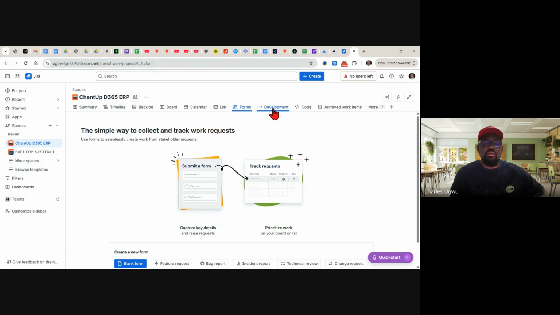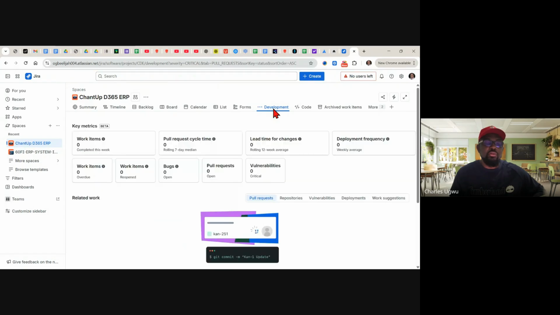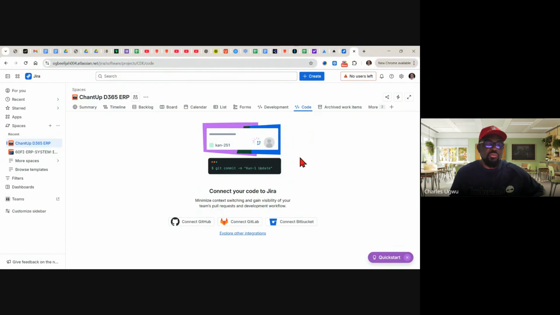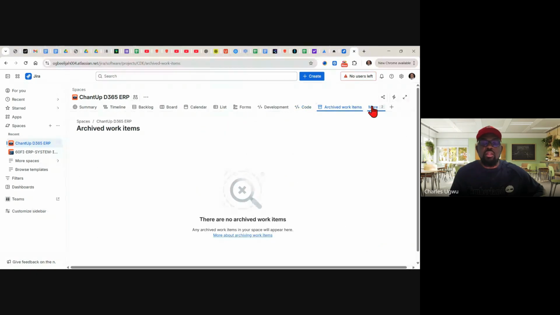And this is development. So nothing is happening here. This is code. So if you want to pull work from GitHub or GitLab or any of this environment, this is where you can pull your work from, and archived work item and more, to have page and have shortcuts.